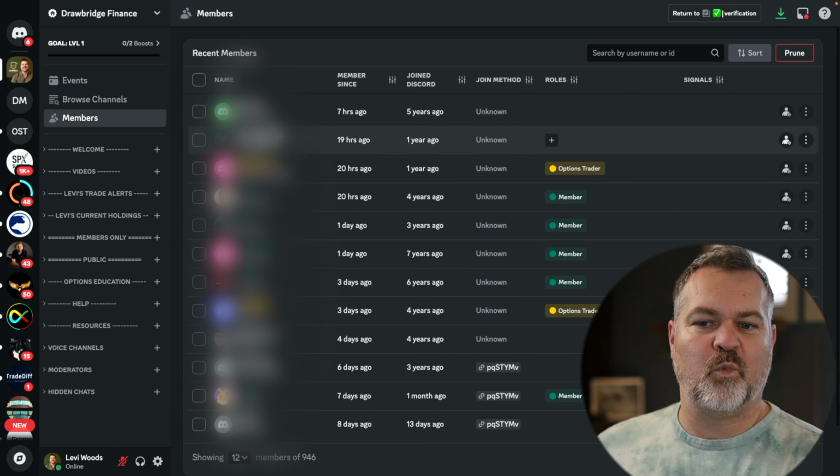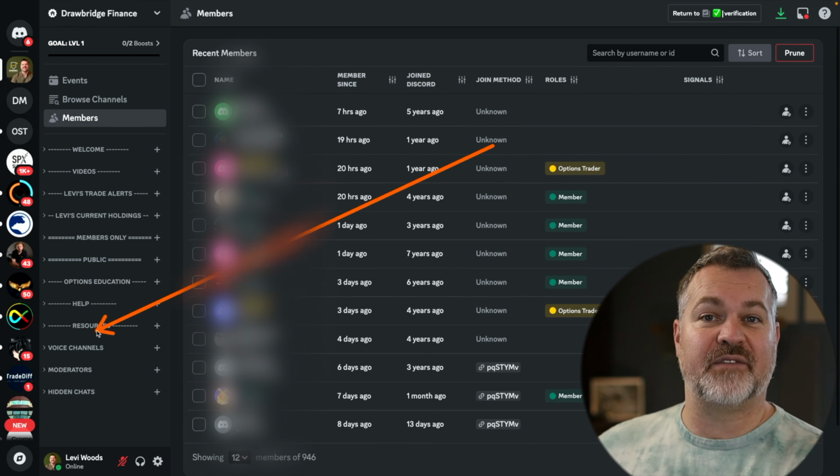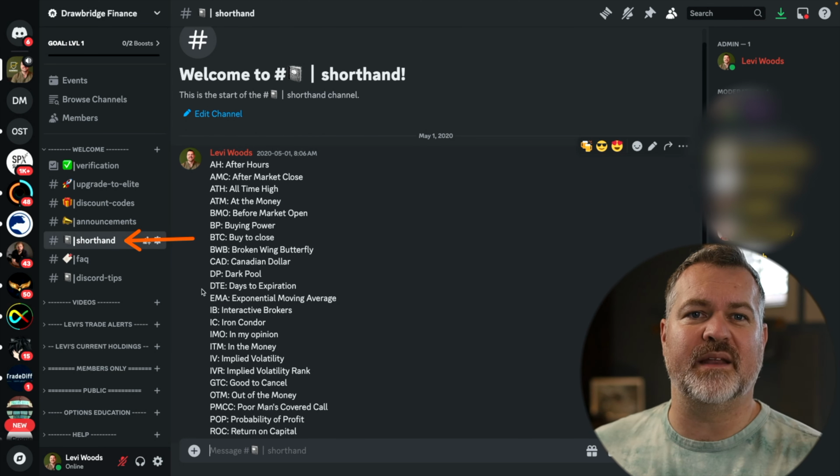Post in the server. Within the server, you're going to be able to see a bunch of different categories on the left-hand side, depending on your tier. Everybody has access to this stuff in the welcome area. So we've got discount codes, we've got announcements. If you're seeing terminology and you're not sure what I mean, we'll just jump over to the shorthand section